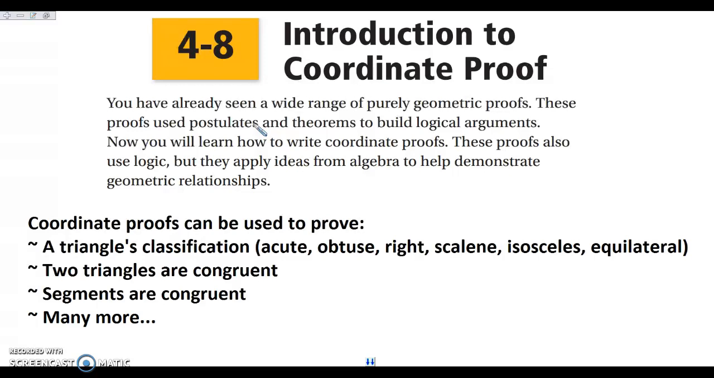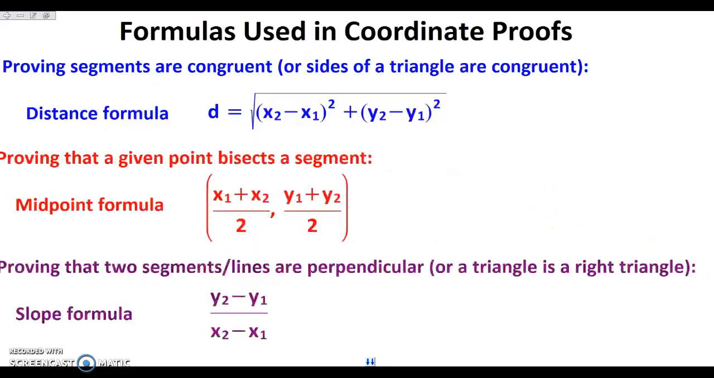So for example, if we want to try to classify a triangle as any of the ones that are here, we can do that using coordinate proofs and using algebra. Same thing with showing triangles are congruent or segments are congruent, lots of different things. So if we take a look here at some of the things that can be used in coordinate proofs, like if I want to prove segments are congruent,